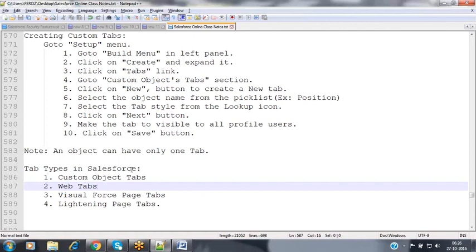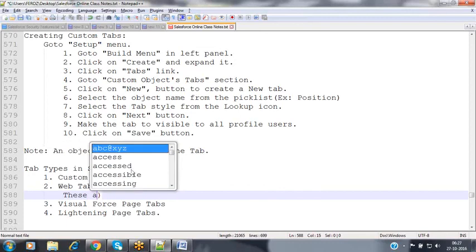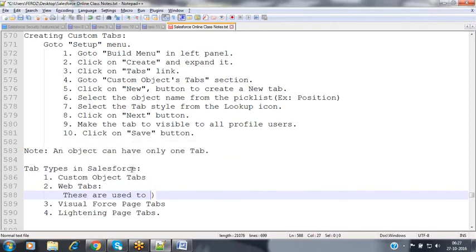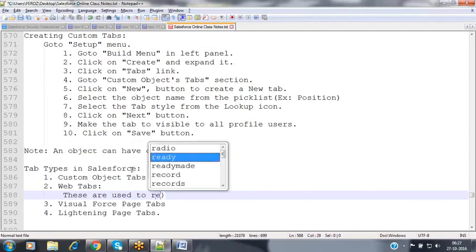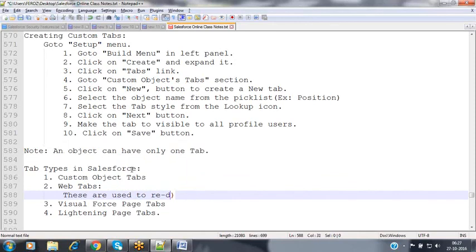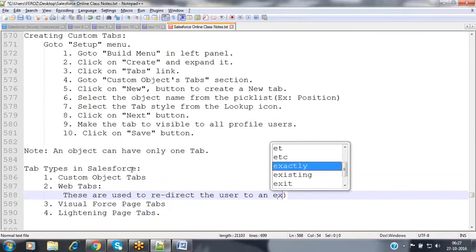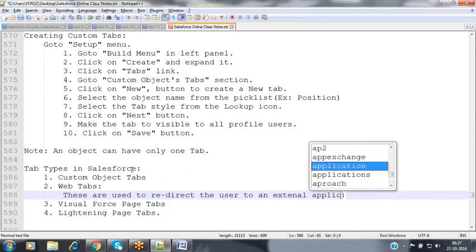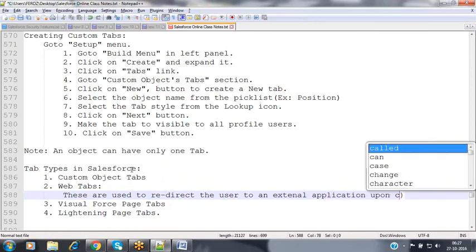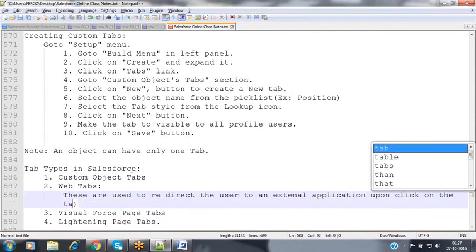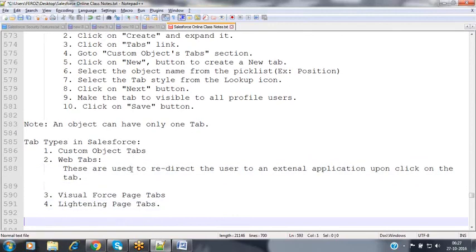If you want to open any external website when you click on a tab, we have to use web tabs. Web tabs are used to redirect the user to an external application upon clicking the tab.